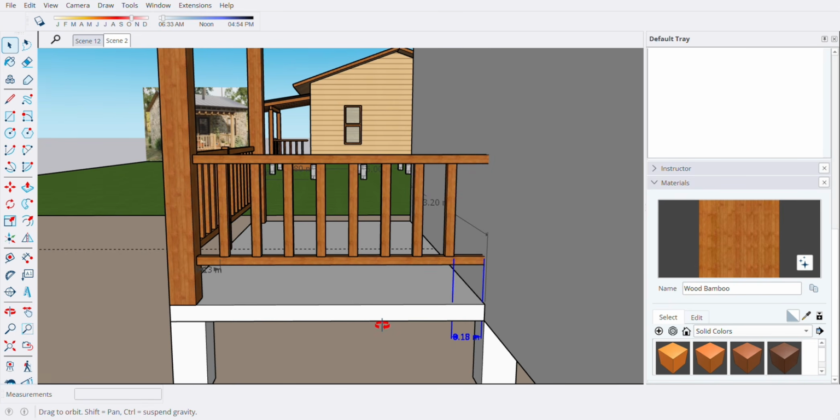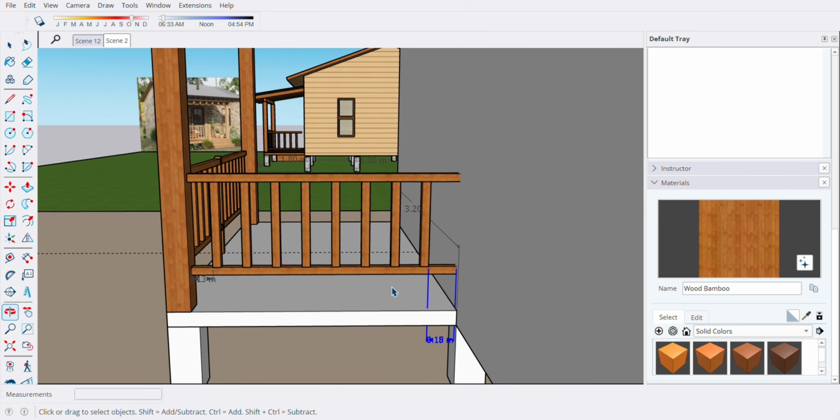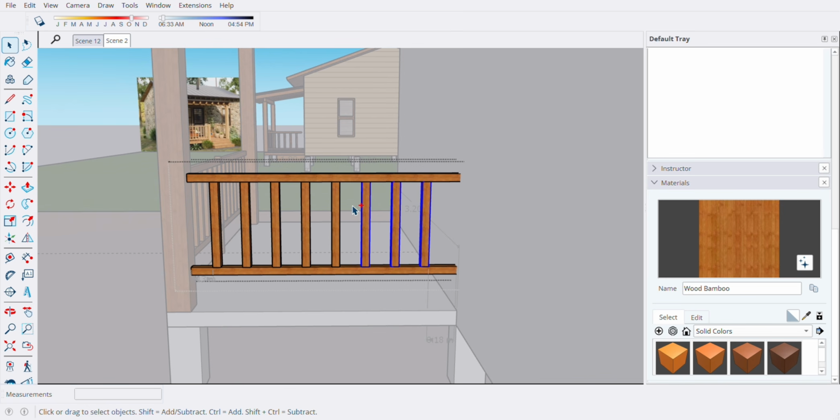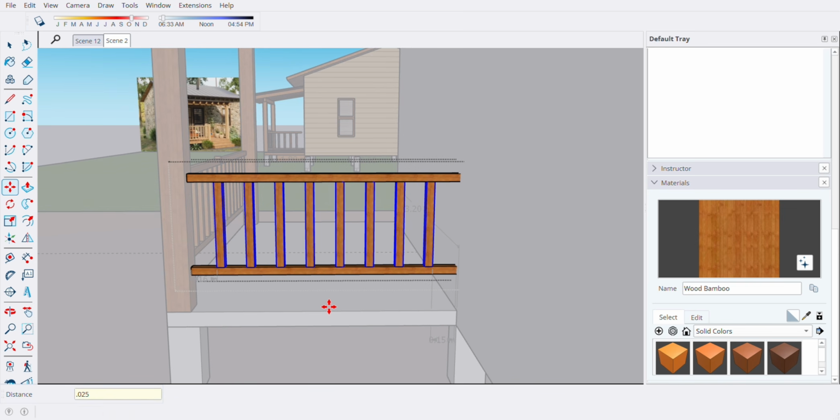So the difference would be 0.05. So I will move this one only by 1/2 of the difference, going to the right, and 1/2 of 0.05 is 0.025.